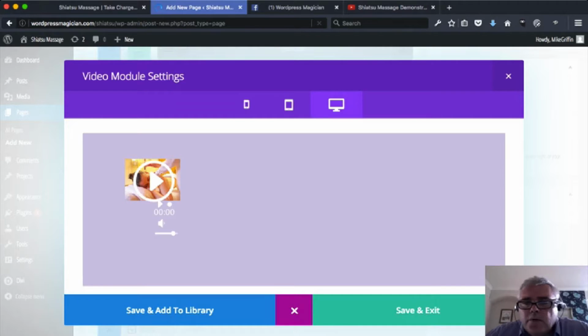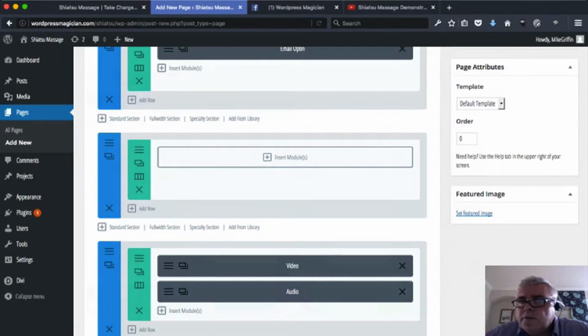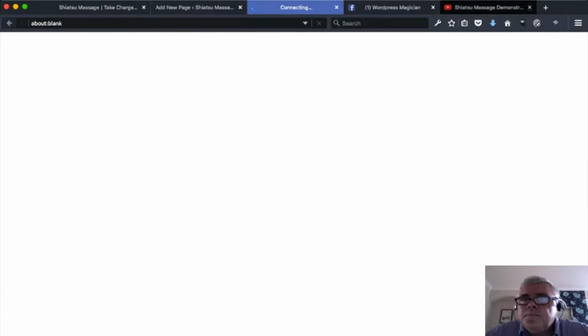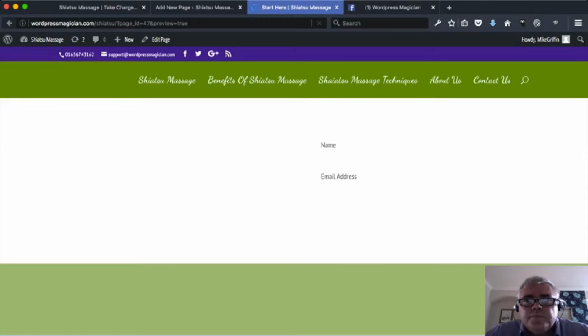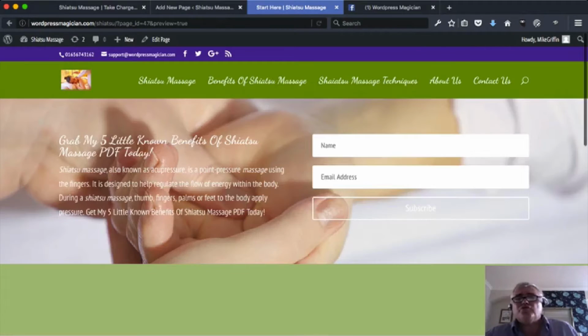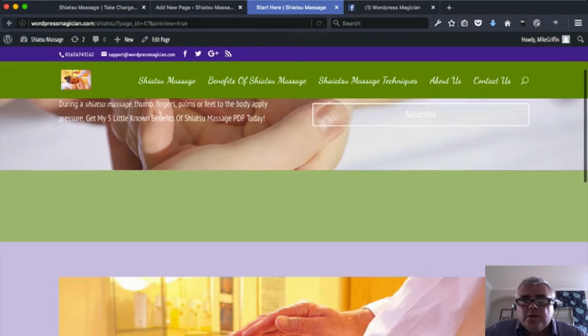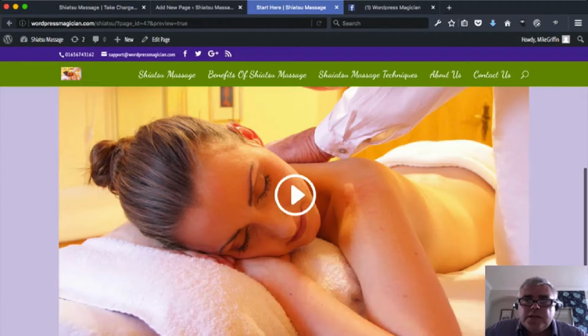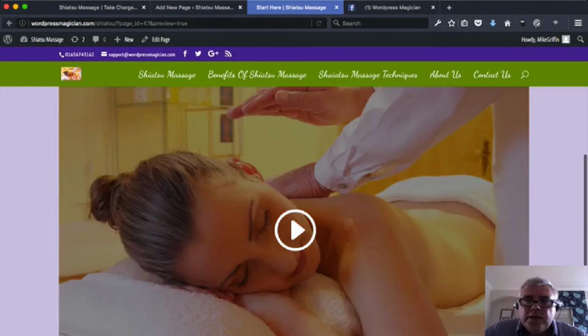Okay, and now we know that it's on the page, but what we don't know is how does it look. So let's have a look at how it looks on the page. I think the difficulty with the broadband side of things today is obviously we're streaming live, and so being in Kenfig Hill, just outside Bridgend at the moment, is not necessarily the fastest broadband location in the country. But there you can see we have our image overlay, and as soon as we click on the video, we